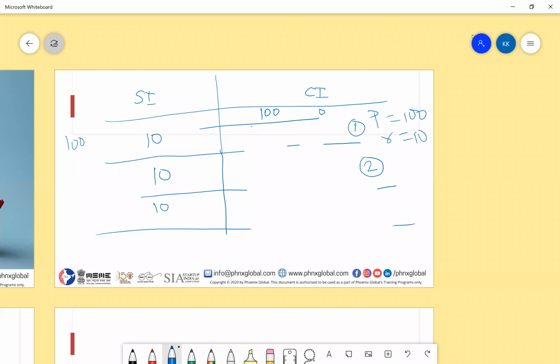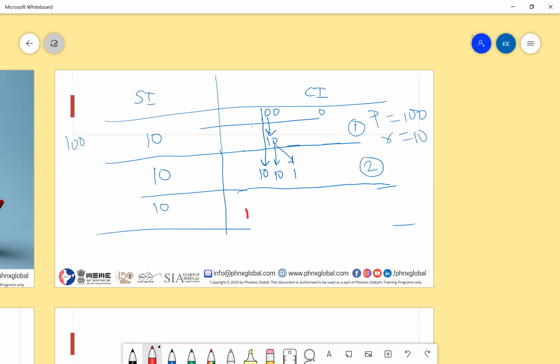Now in the second year, what will happen is this 100 will get 10 as an interest again. This 10 will carry forward and will get an interest on this too. The previous interest gets carried forward and we get a new interest from the interest as well as from the principal amount. Three things to consider. Principal ka interest, second is interest gets carried forward, and third interest ka interest.